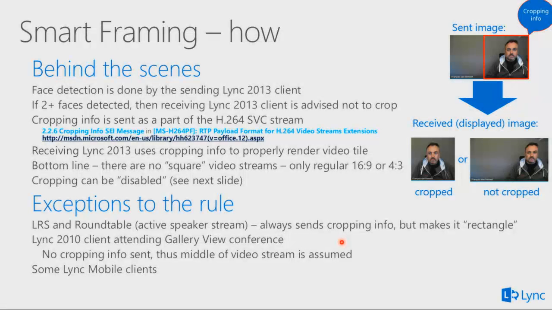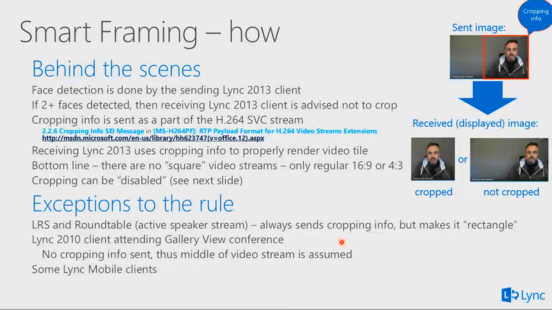running certain algorithms that do face detection. And it detects where the face of Martin is in the whole image, which is typically 16 by 9, and then it selects this typically squared rectangle where Martin's face is, and guess what? Well, by the way, if there were 2 faces detected on the screen, the algorithm says, okay, let's not do cropping. But the point is, if we detect Martin, and Martin is on the right or left side of the